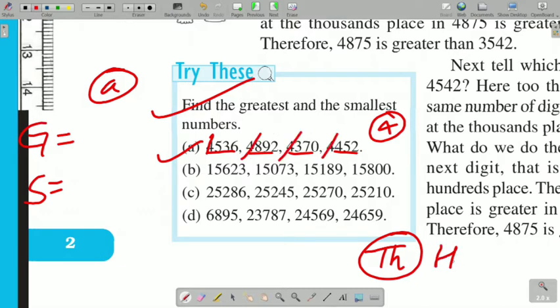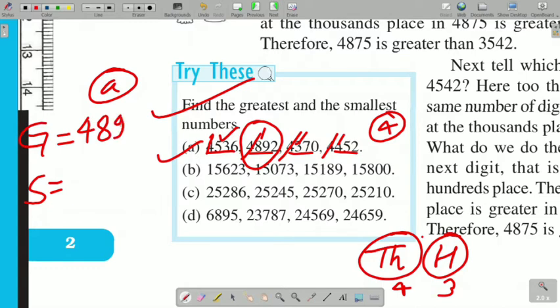Now check the 100 place, means third place. So here is 5, here is 8, 3 and 4. So it will be the greatest number because 8 is greater than 5, 3 and 4. So now 4892 will be our greatest number, and the smallest will be,